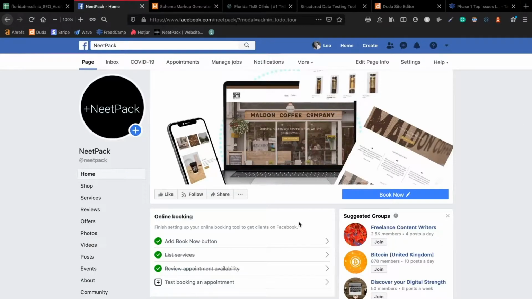Hi guys, today I'll be going over how you can add schema markup, any sort of schema markup to your